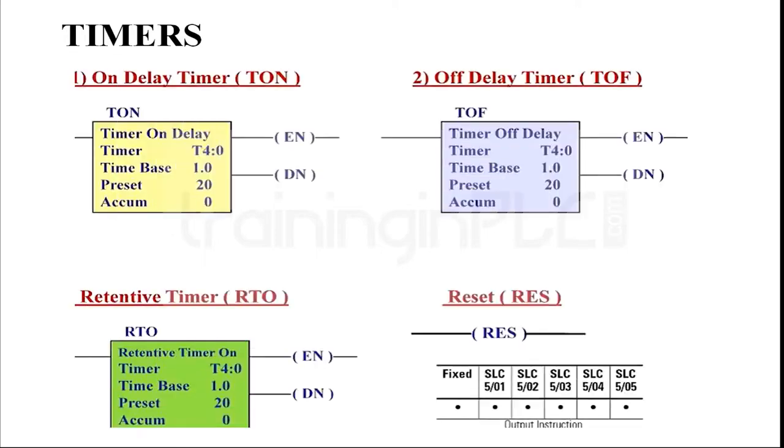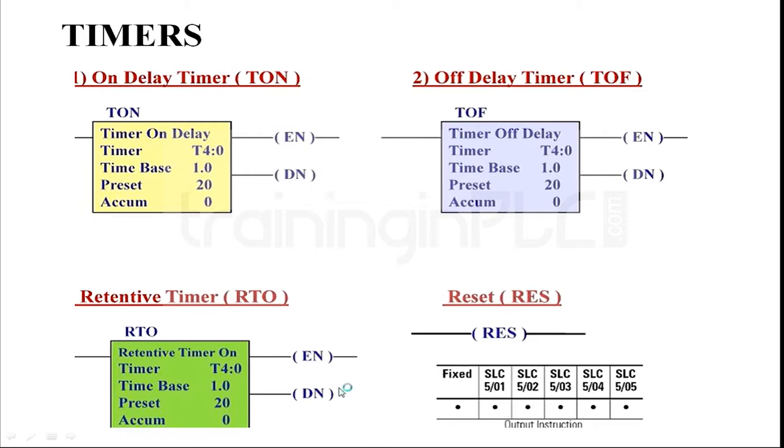Let's see about timers in RSLogix 500. Here we have three types of timer: on delay timer, off delay timer, and retentive on delay timer. The timer on delay is used to turn on an output after some time. The off delay timer is used to delay turning off the output, and the retentive on delay timer is used to hold the accumulator value even though the input condition goes off, and we should use the reset